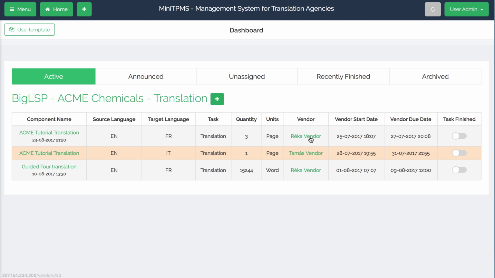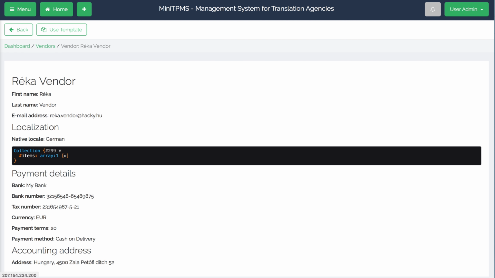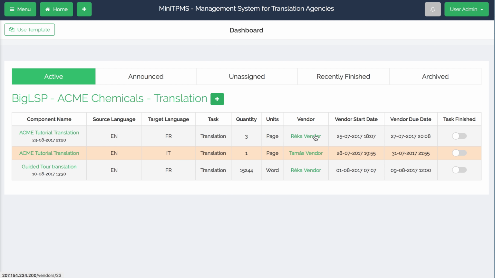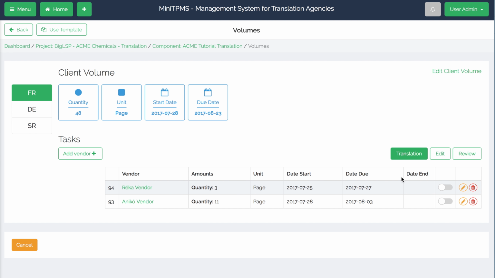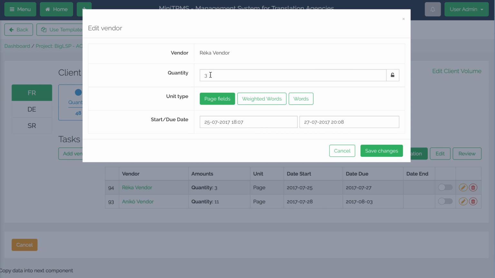Okay, so now Reka is here, and Tamash on translation with 3 pages. We can switch that off too. Yes, this doesn't work yet. We're going to change this link so it goes immediately to the vendor page where you can edit Reka's numbers, start date, due date, etc. So let's go here, Reka vendor. It will open this